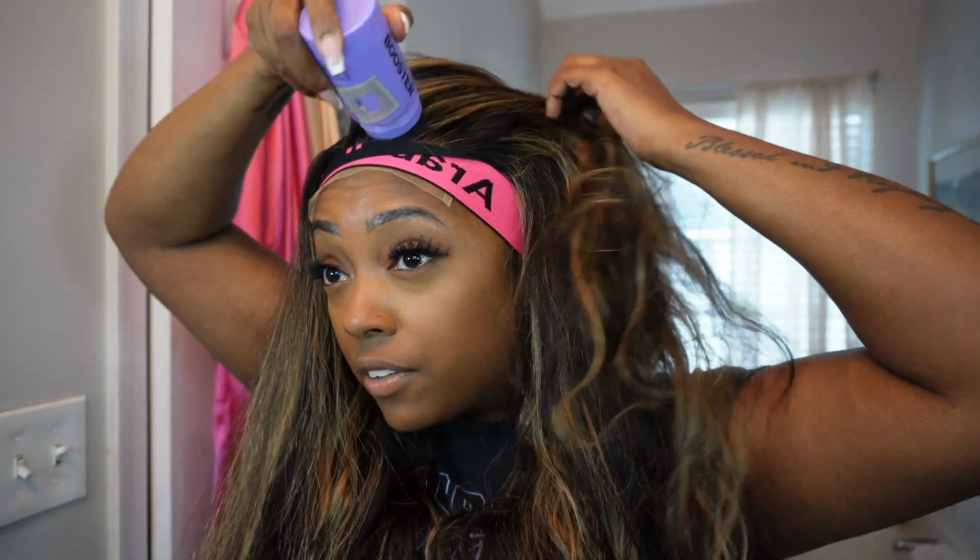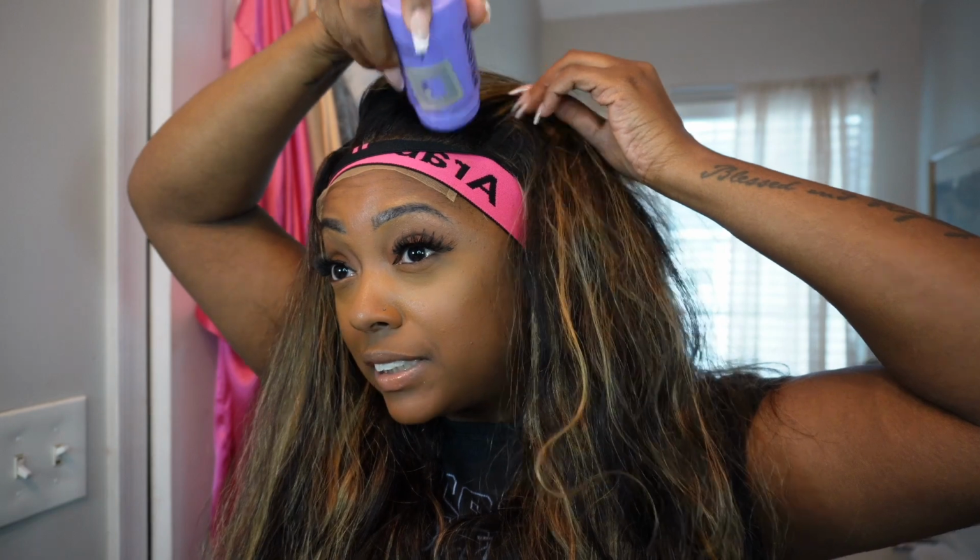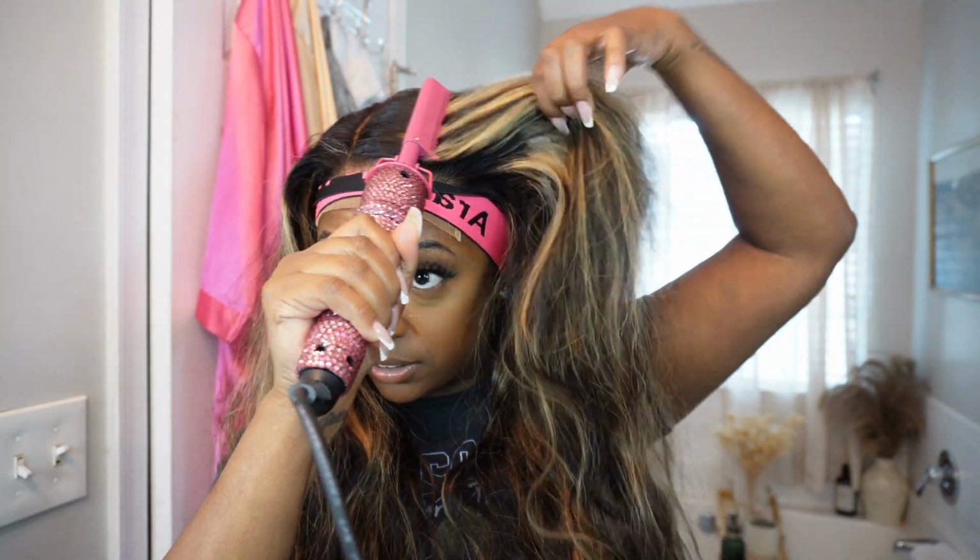And now I'm just using my wax stick from Edge Booster. I'm just gonna put a little bit along the part. I really love the texture of this hair as well, but this is that texture where you don't want to put too much product in it because it'll weigh it down. So I'm not gonna put a ton of product. And I like that. All right, so now I'm gonna take this off